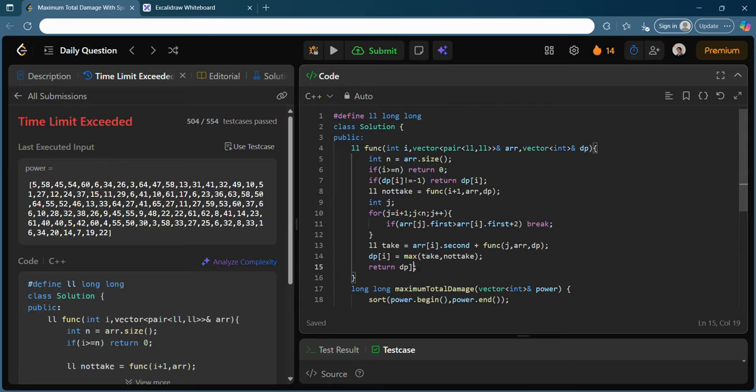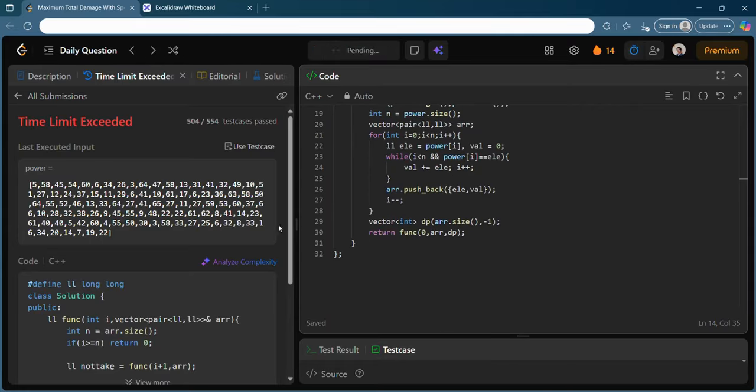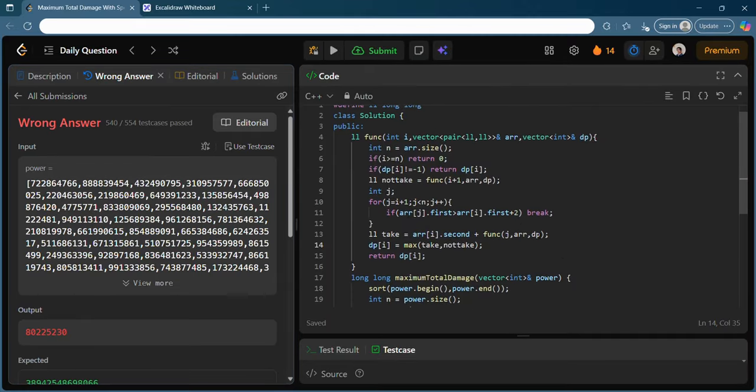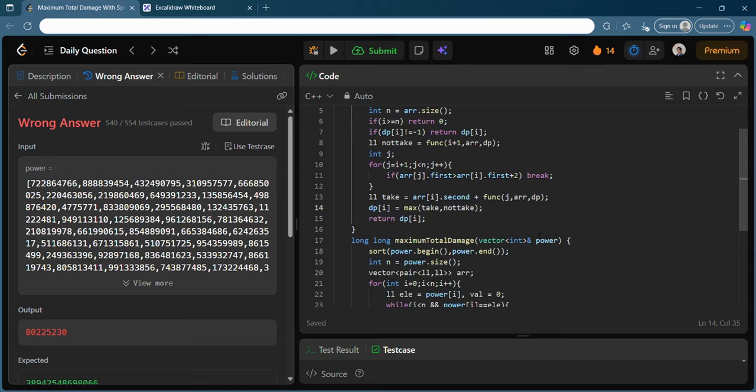You can just return this. Not return dp, return dp of i. So I hope you do understand how this caching is exactly working. It is also known as recursive DP, and this actually does great. For getting accepted, I don't think you even need to do it in iterative DP, but for your practice purpose, you should definitely convert it into iterative format also.